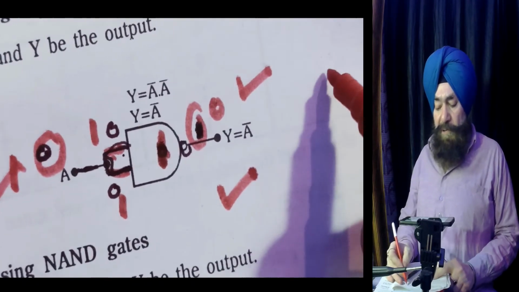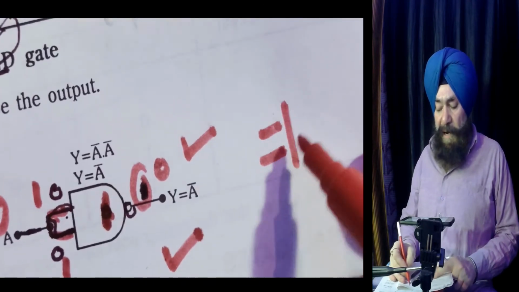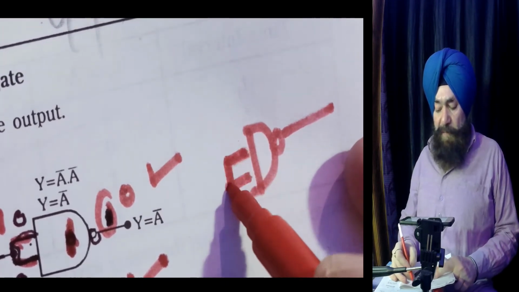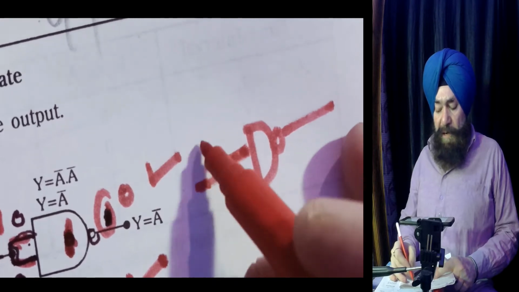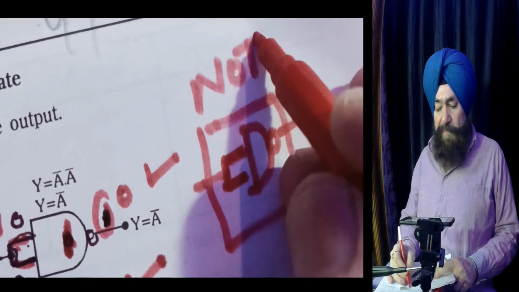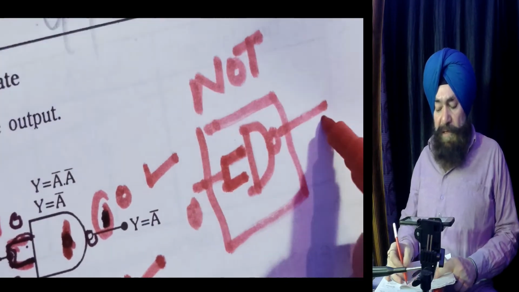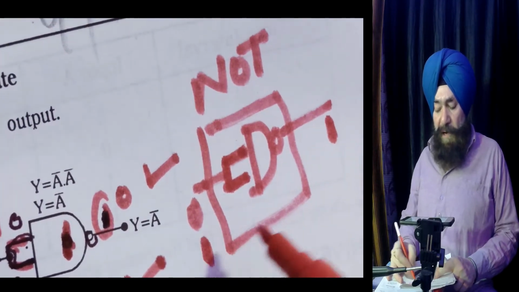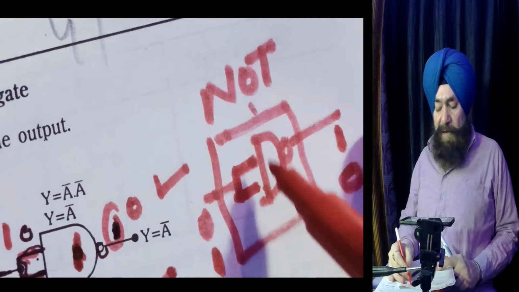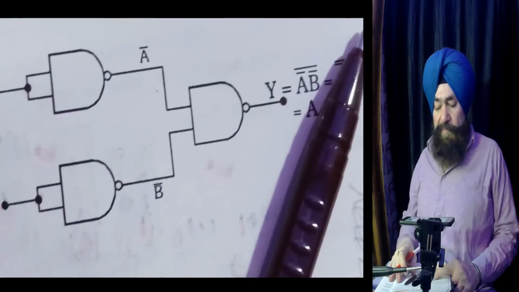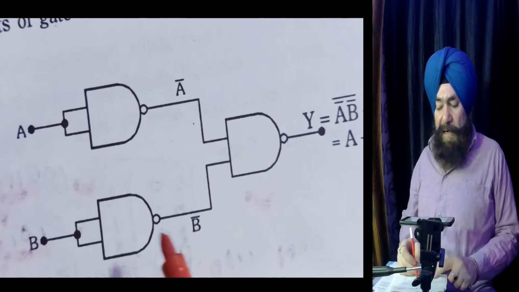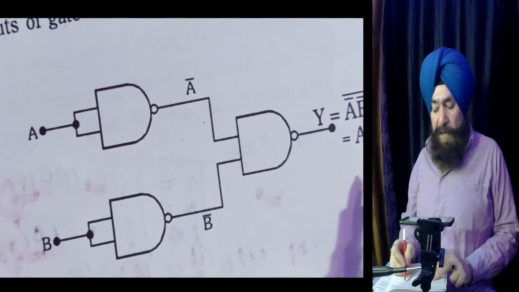So actually you used the NAND gate, and you connected the inputs together. Now this gate behaves like a NOT gate. If you give 0, it turns into 1. If you give 1, it turns into 0. So NAND gate becomes a NOT gate. Now coming here, how NAND gate gives the logic of the OR gate.